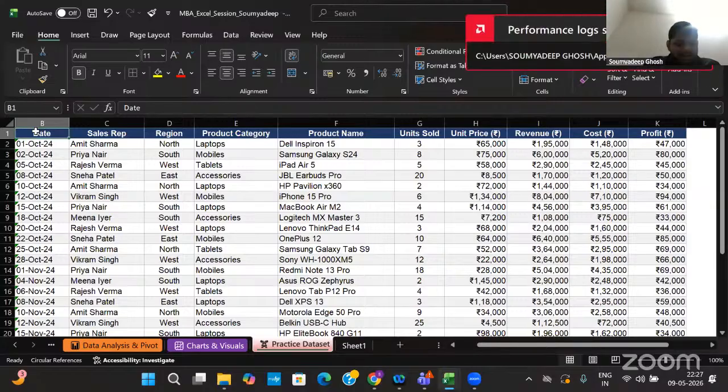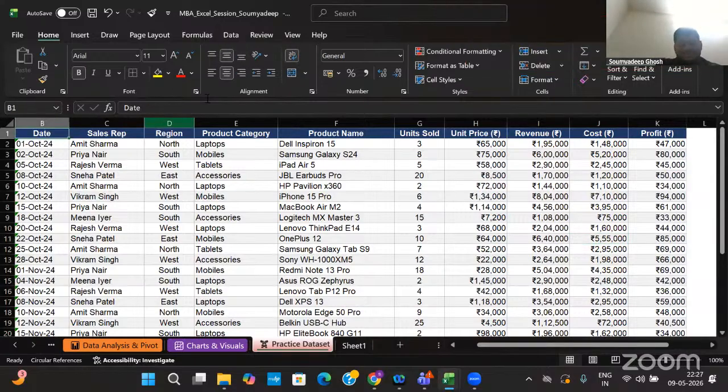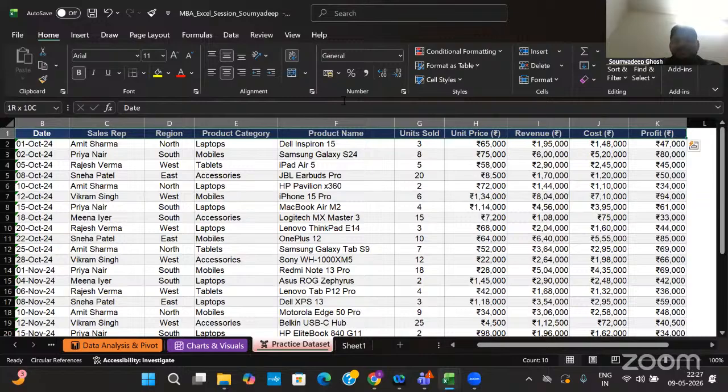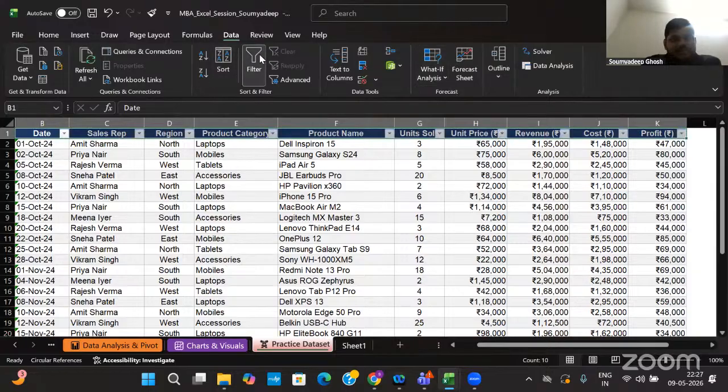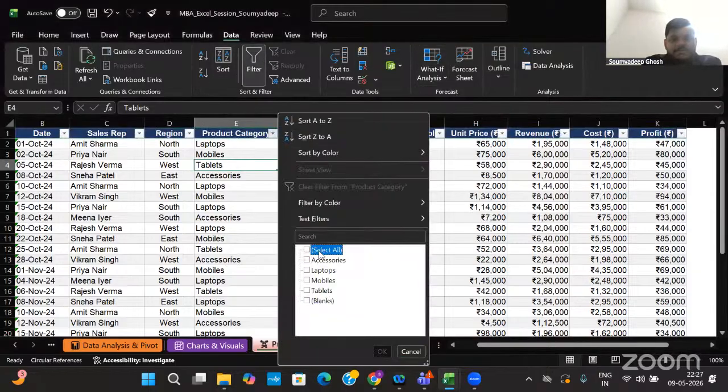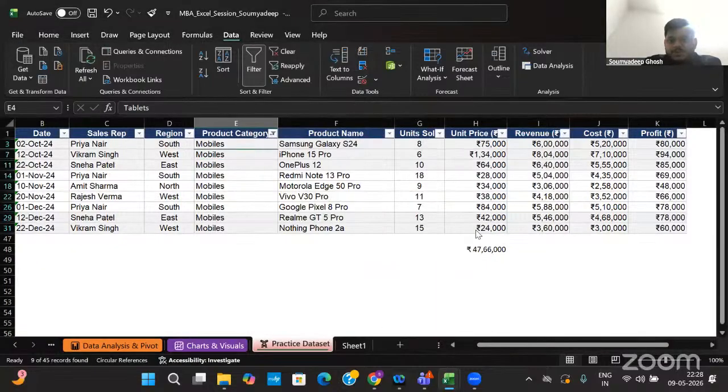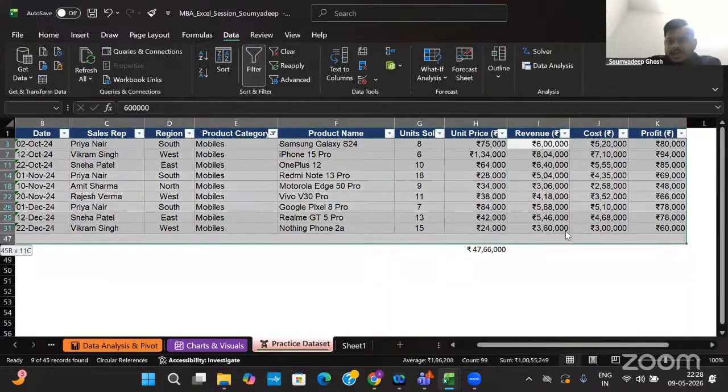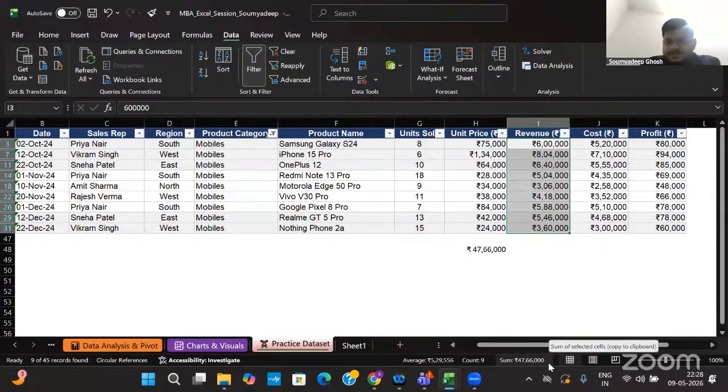You can take a note of it by using Shift Control L. We can apply the particular shortcut. There's something wrong with my personal laptop. I am extremely sorry for this, but you can just take a note of this shortcut for applying the filters. Else, I'm validating it from here. But team, we should be using the shortcut only. And I'm going to mobiles, and if I just submit, see, the number is matching.